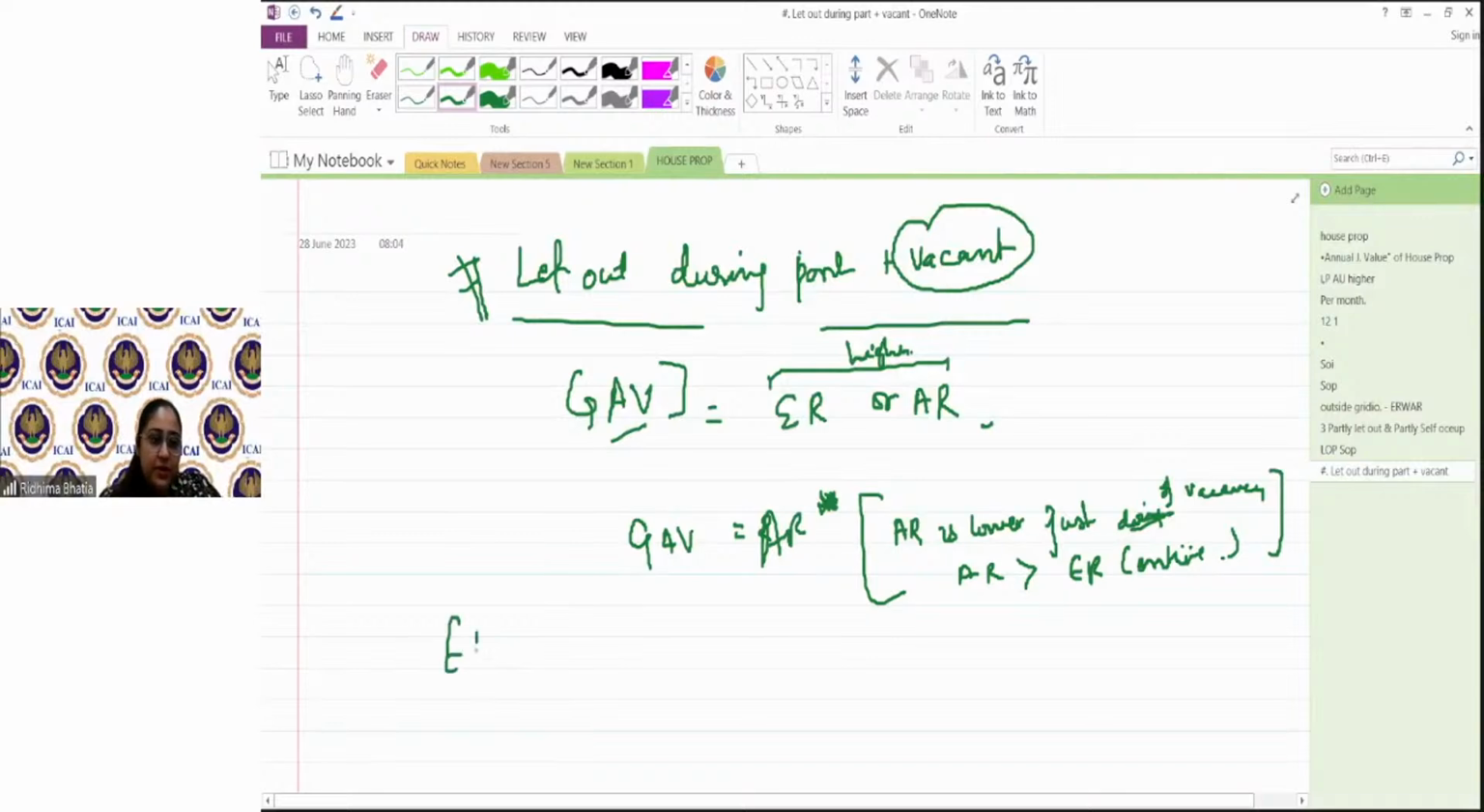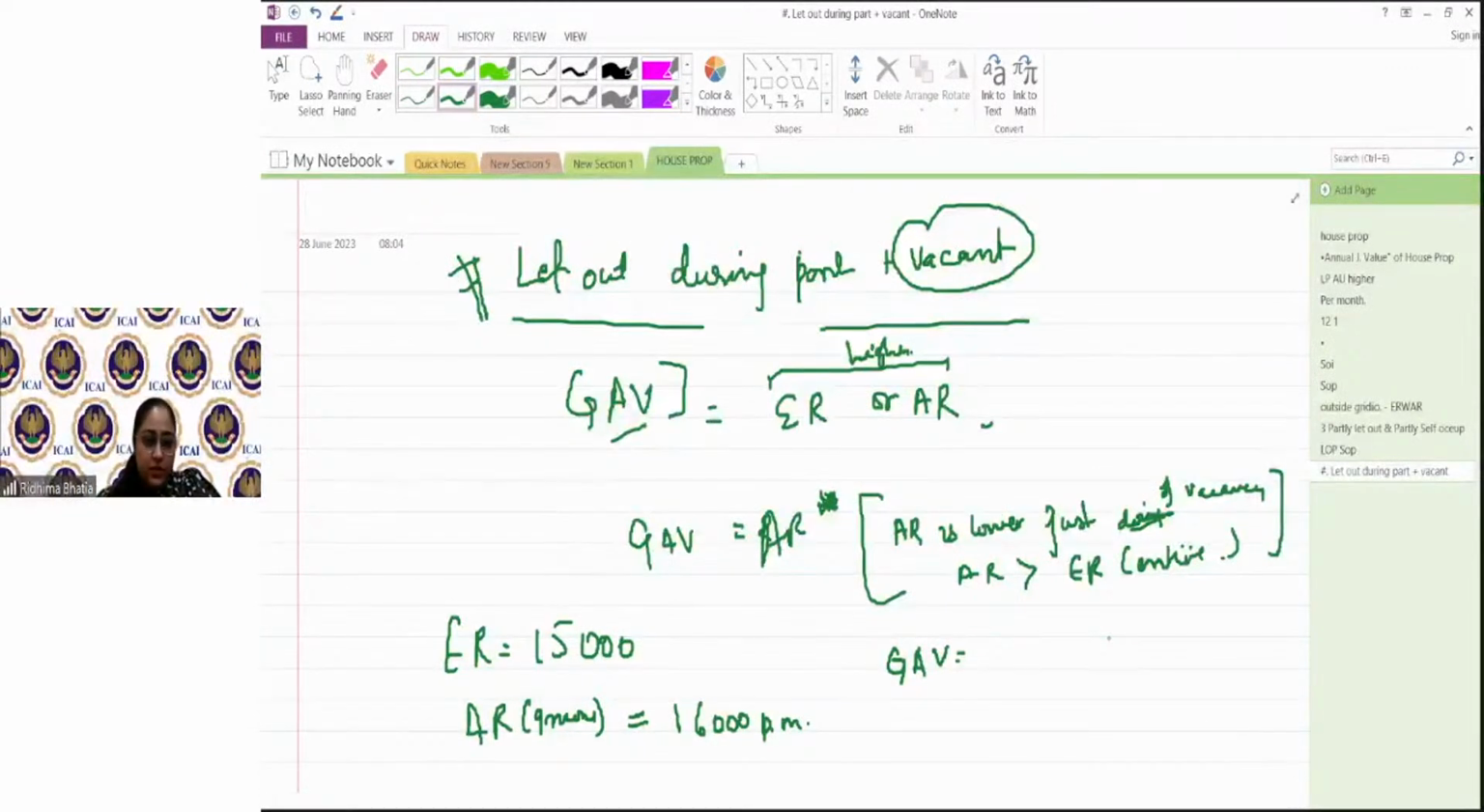My expected rent is coming to 15,000. My actual rent for 9 months only, the rent was the tenant stayed. After that, they vacated it. So my actual rent per month was 16,000 per month. Okay. अब अभी तक आपने जो पढ़ा है, till now what you have studied, that you have to compare expected rent for the entire year with actual rent for the let out period. Now expected rent for the entire year comes to 15,000 into 12, which is 1,80,000. Versus actual rent for 9 months would come to 16,000 into 9, which is